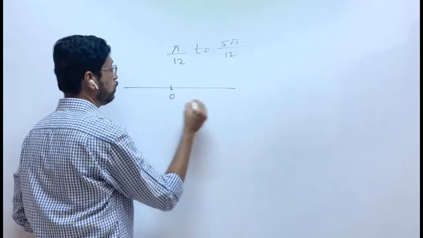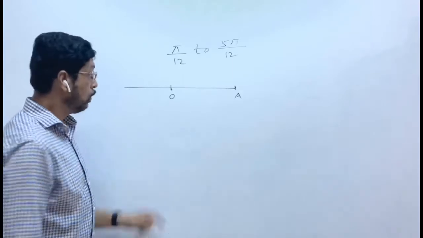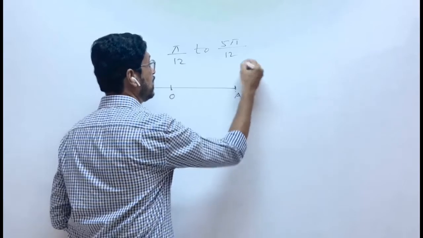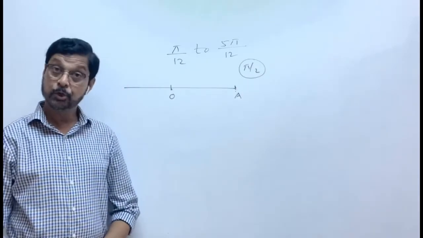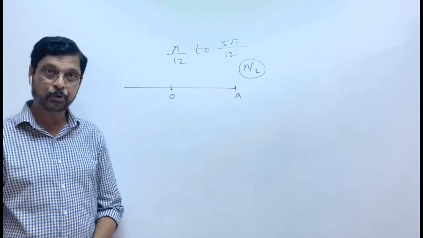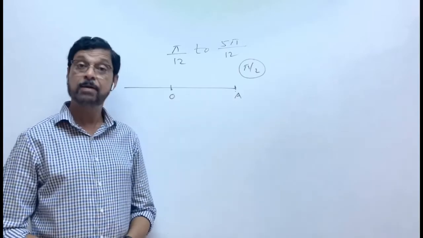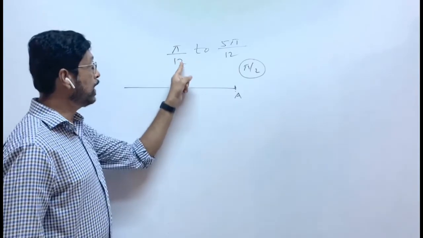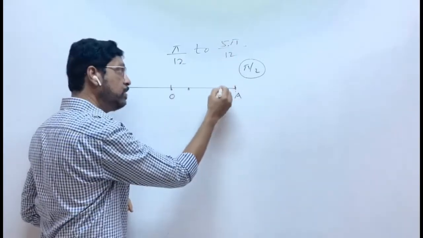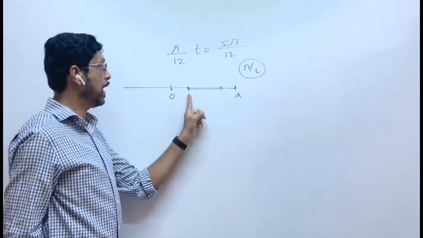This is the mean position, and suppose this is the extreme position. When the particle reaches from O to A, the phase changes by how much? Pi by 2 radians. 1/4 oscillation means pi by 2 radians. So when it moves from O to A, the phase changes by pi by 2 radians. Pi by 12 is less than pi by 2, and 5 pi by 12 is also less than that, meaning it has gone from here to here, pi by 12 to